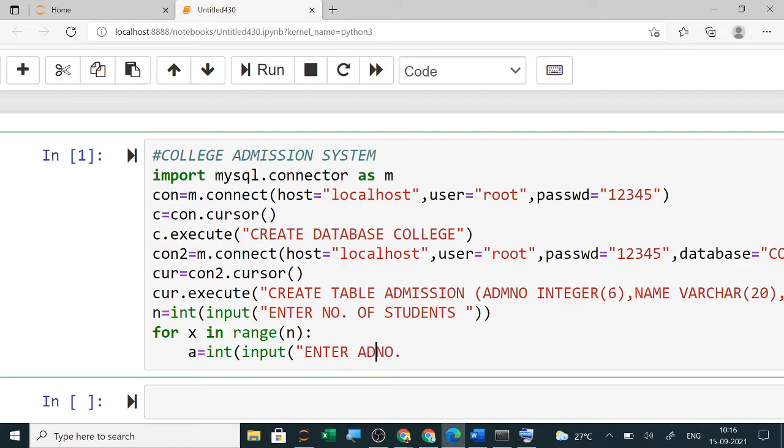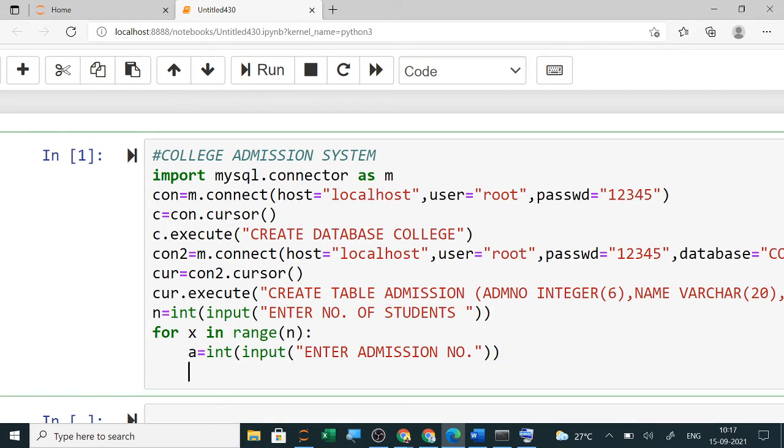Now like this you have to take the name equals, enter name.